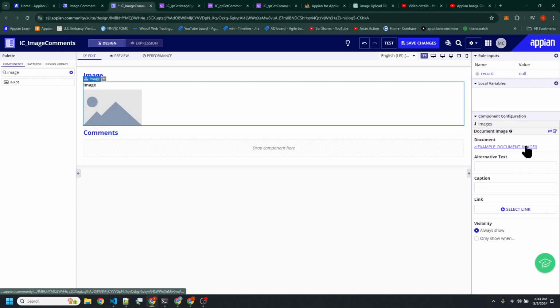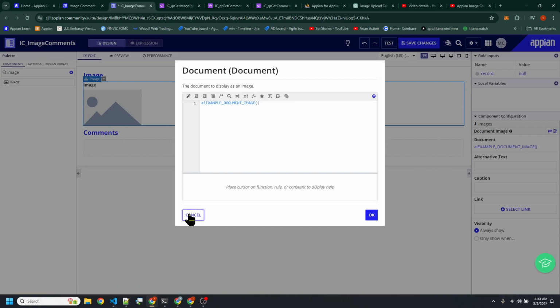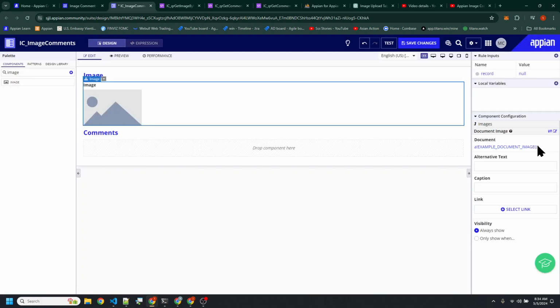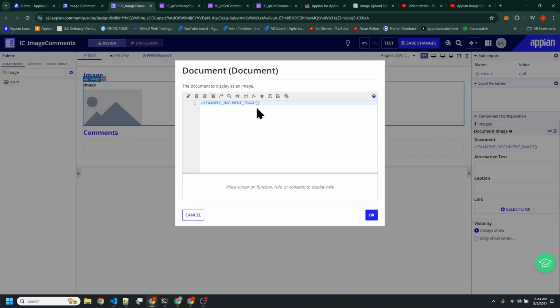And I could say, okay, so we got this image, example image document here. Here, the document to display an image.